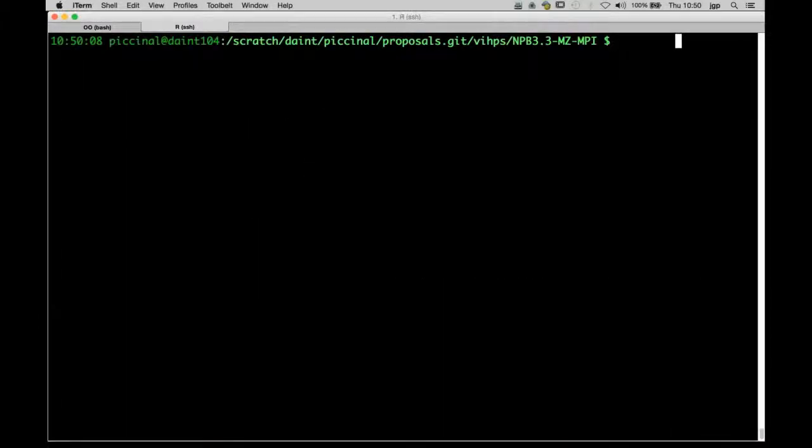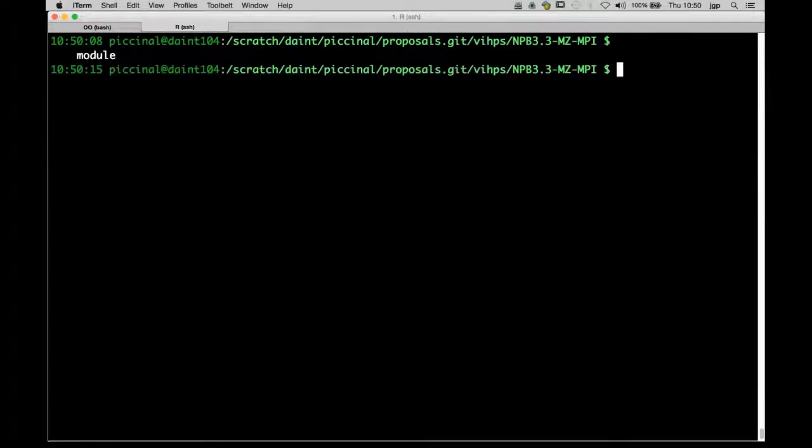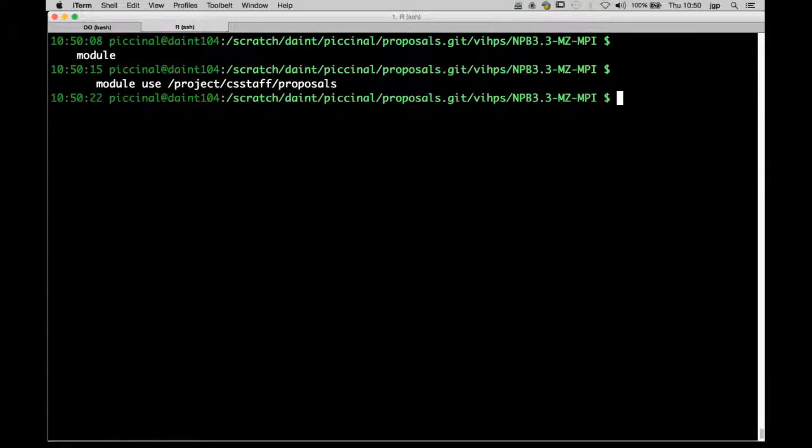So what you need to do first is to modify your environment. So as I said on the slide, you just need to load the tool.